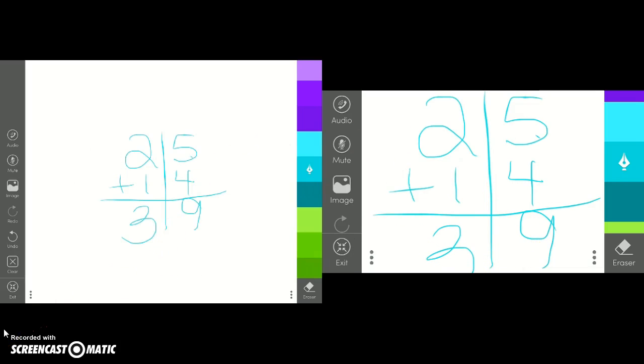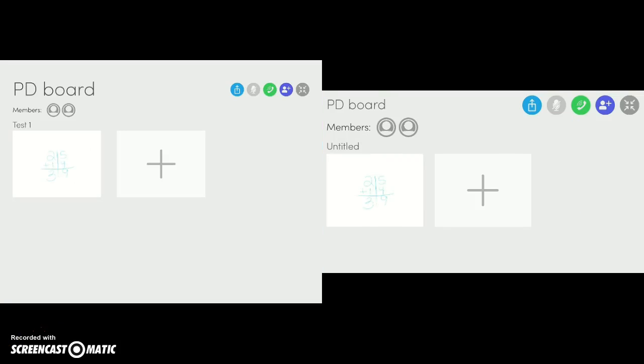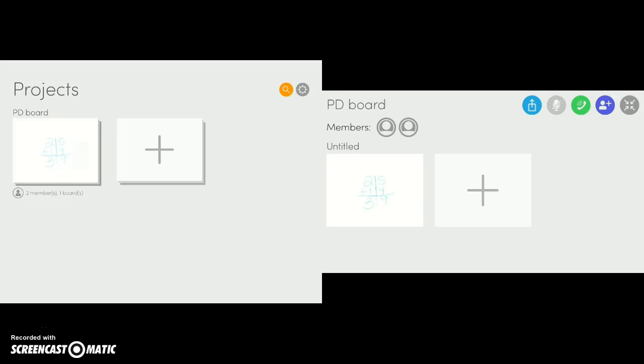So we're going to exit out of both and just review a little bit. These are our invitation buttons. This is our add-on button, our main project, or our project board, and we're going to exit out to our main project board on my iPad. And then we have our main project boards here with our settings and our search bar. And those are all the features of